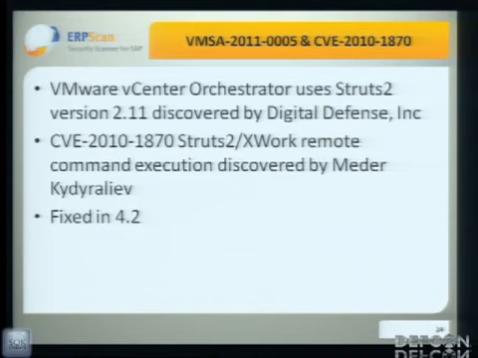It was a bug in handling OGNL expressions. OGNL is a language for setting and getting Java properties, and each HTTP parameter is treated as an OGNL expression. So you could just